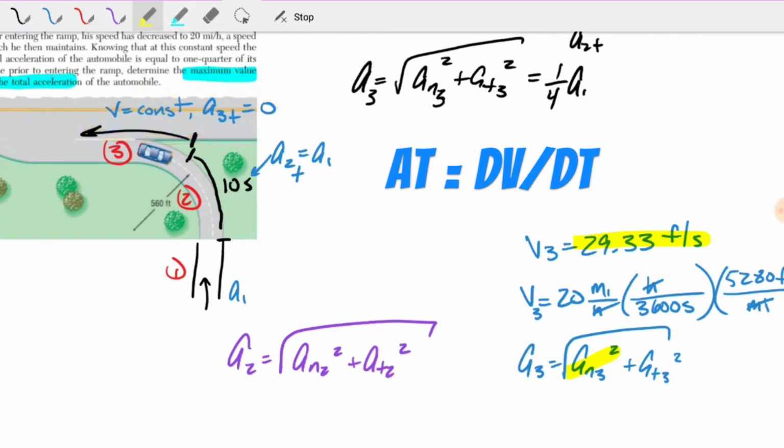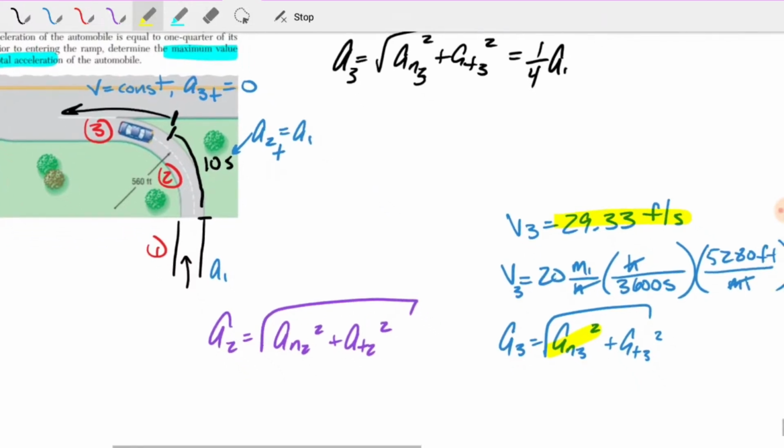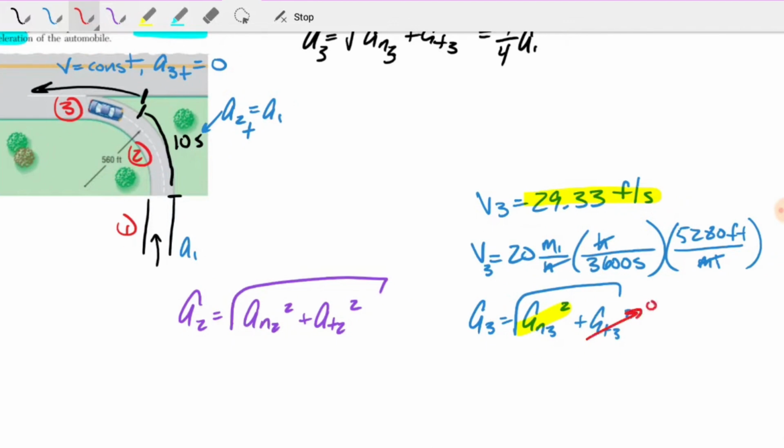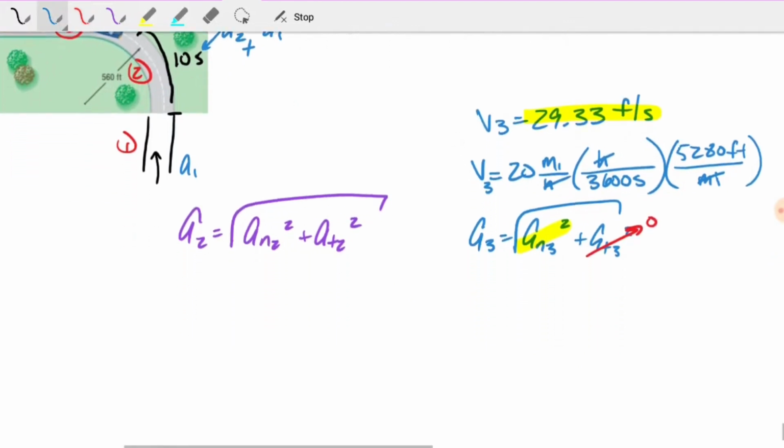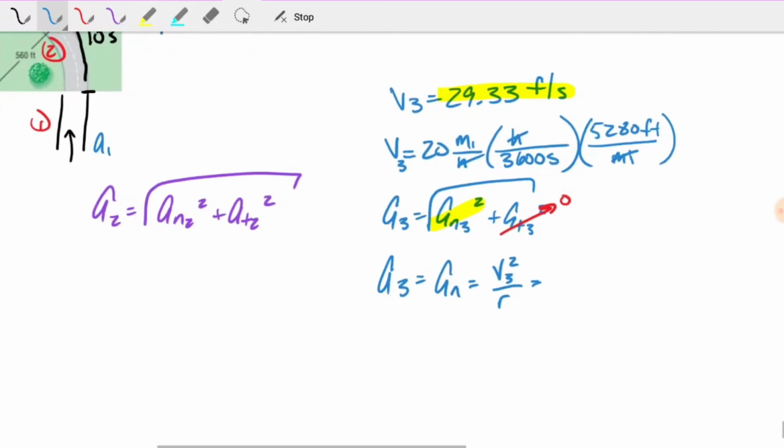And so we actually know everything we need to know about this part. So the tangential acceleration is going to be 0, which means A3 is just going to be made of AN, which is just V3 squared over R, which is going to be